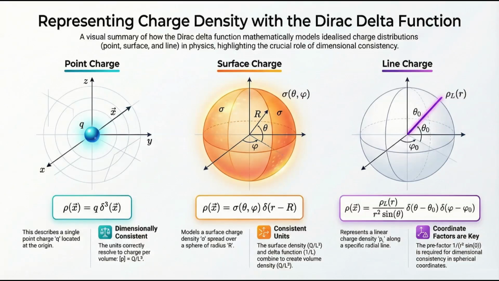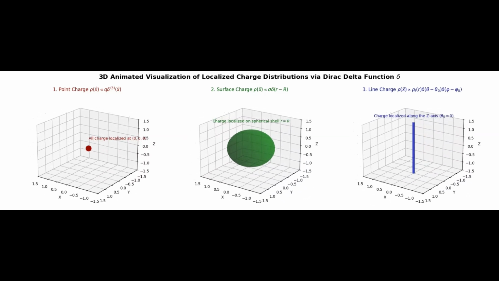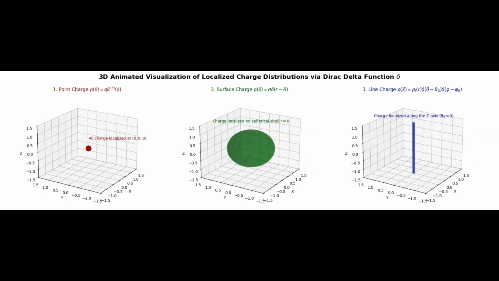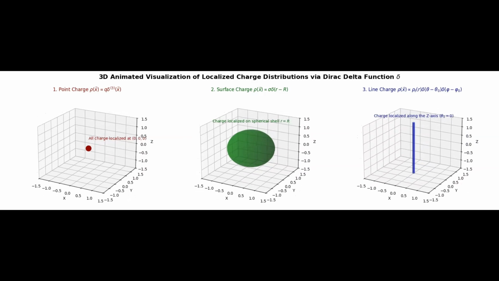This is the brief on using the Dirac delta function to describe localized charge. The Dirac delta function is this incredibly useful tool in physics. Think of it like a pin on a map. It helps us describe a charge that's packed into a single point, or maybe along a line, or on a